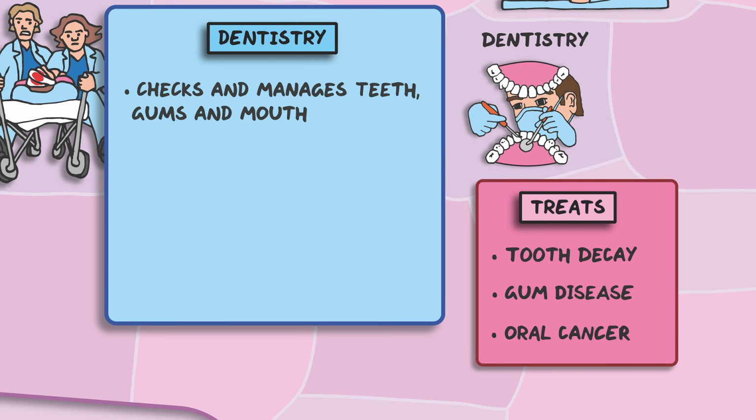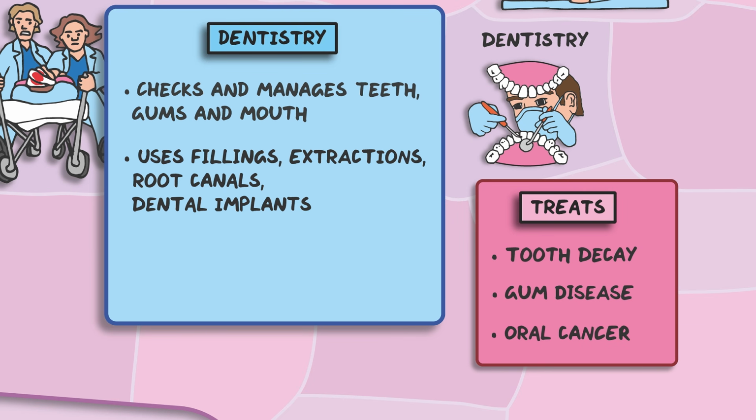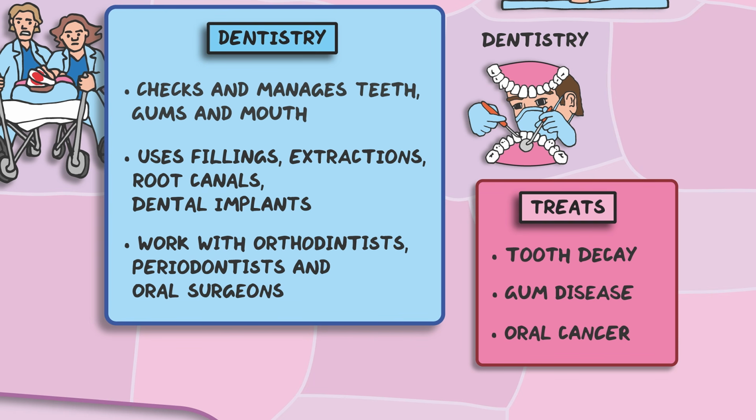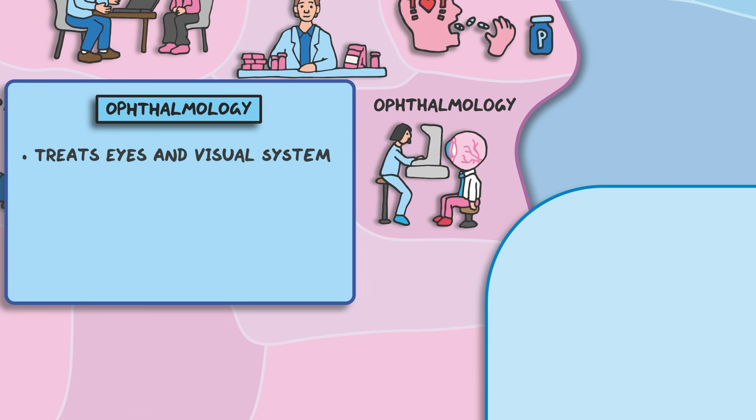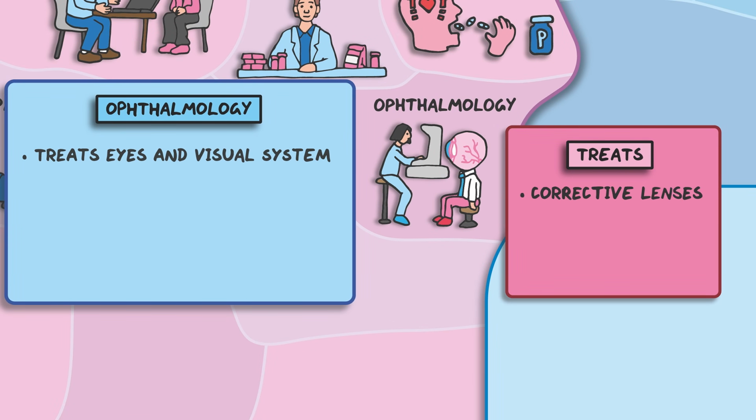They use a variety of treatment methods such as fillings, extractions, root canals and dental implants to manage oral health, and they work closely with other specialists such as orthodontists, periodontists and oral surgeons. For vision, ophthalmology treats disorders of the eyes and visual system, as well as supplying us with corrective lenses to